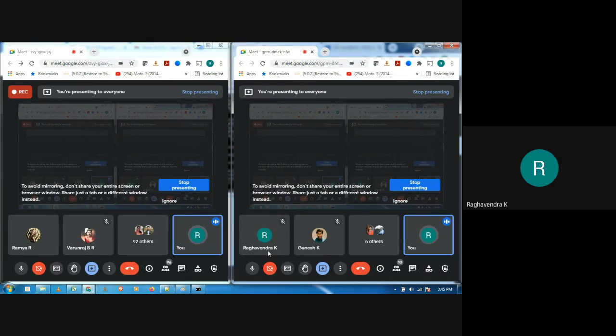Now remember, whatever I'm teaching, these programs are not only part of your laboratory exercises, they are also part of your fourth module in system software. So basically I'm covering both the fourth module as well as the laboratory exercise together.